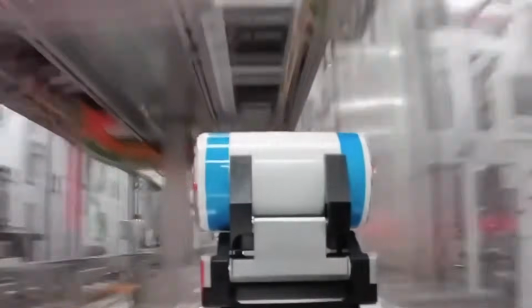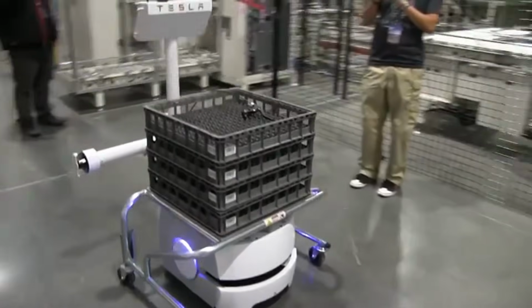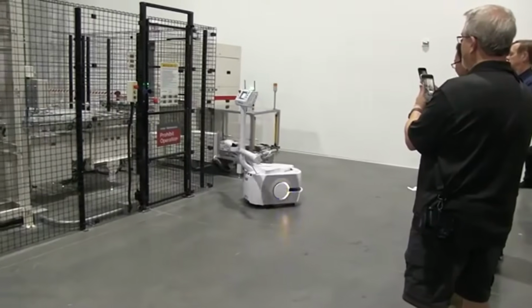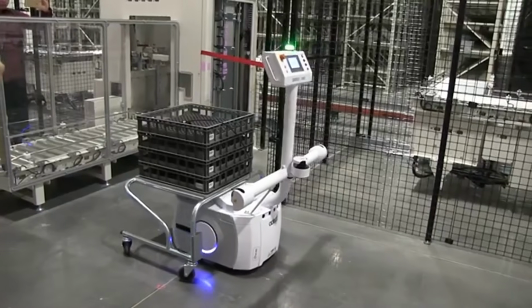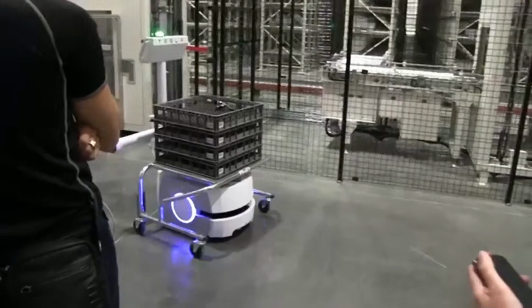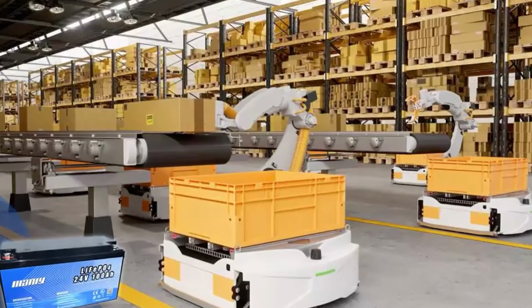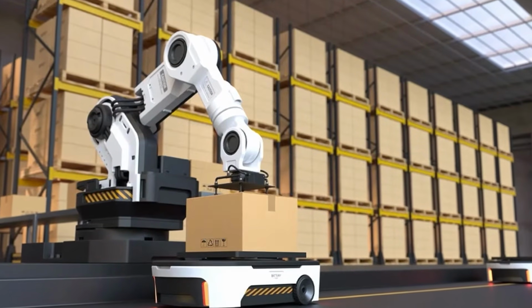One of the more futuristic systems Tesla is rolling out across its newer gigafactories involves swarm intelligence for material transport. Rather than fixed conveyor systems, Tesla uses fleets of autonomous mobile robots that navigate the factory floor using SLAM algorithms. These robots aren't programmed with fixed paths. They learn optimal routes in real time, adapt to obstacles, and communicate with one another to avoid collisions or bottlenecks. This approach allows the factory layout to be more modular and reconfigurable, supporting agile production and faster adaptation to new